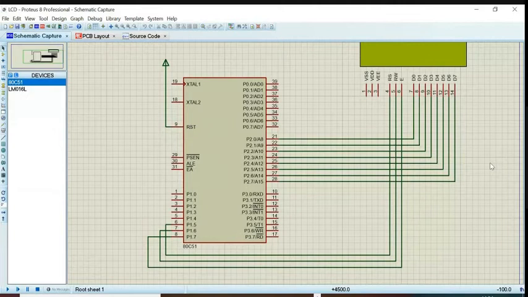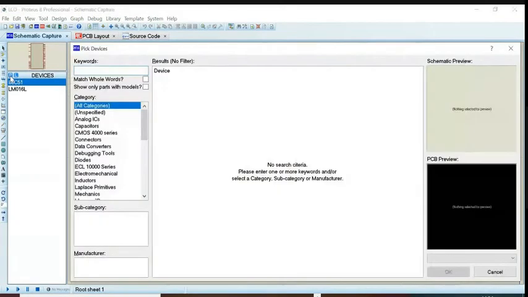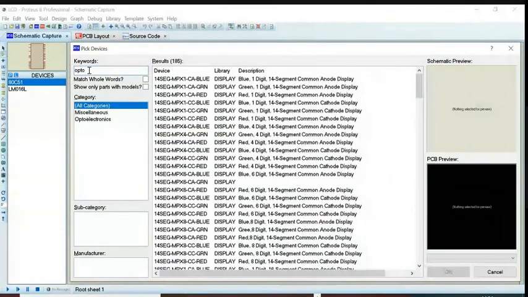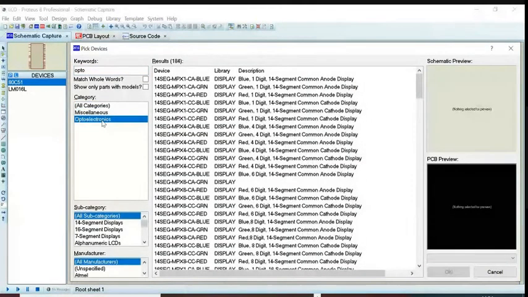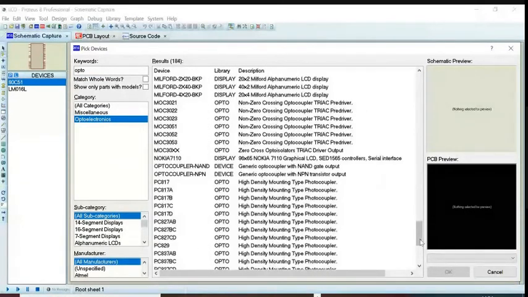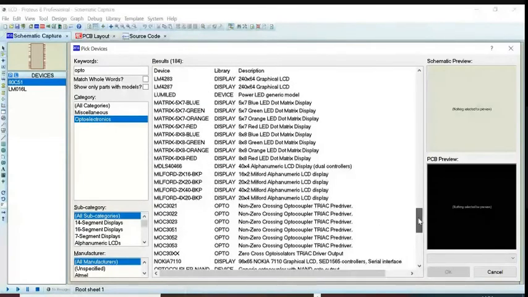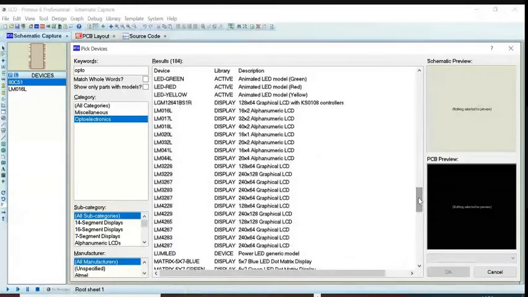While creating projects itself, you are selecting your microcontroller, and after that, just click on this part list cap P, then select LM016P. I'll show you part list. To select your display, you have to go for optoelectronic devices, and then select 16x2 LCD display. 16x2 alphanumeric LCD.